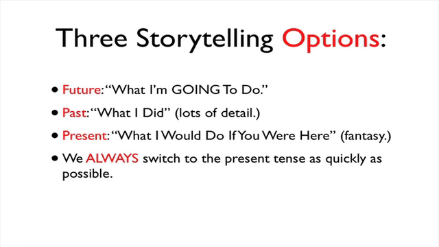No matter what, though, we always want to switch to the present tense as quickly as possible. And the reason we do this is because we want her experiencing the emotions and even the physical sensations in her mind, or the echoes of those physical sensations, as quickly as possible. So you might start off by saying, remember that time we were at the Grand Canyon and you felt me crawl up behind you and nibble down your neck, etc. But then you quickly move into very much present tense. And as we're there, your hips thrust back against me, etc. All very present tense. I'll get more into that later. And we want to use short visceral phrases to do that. I'll explain that in a bit when I get to the examples.